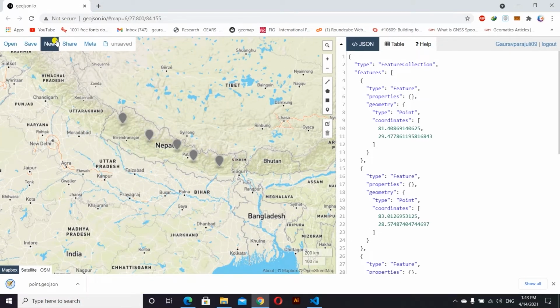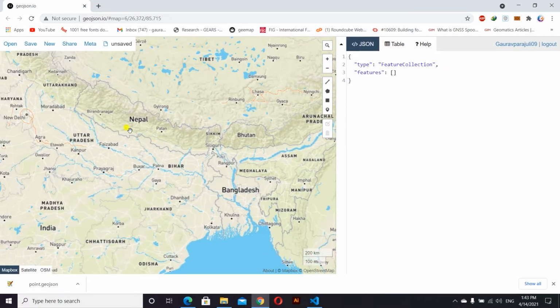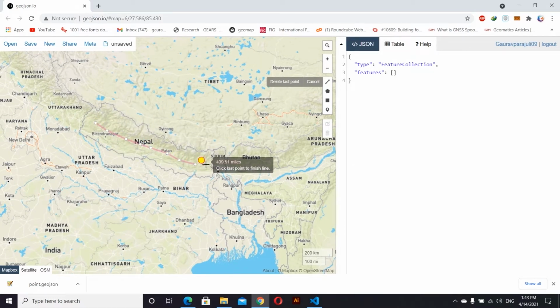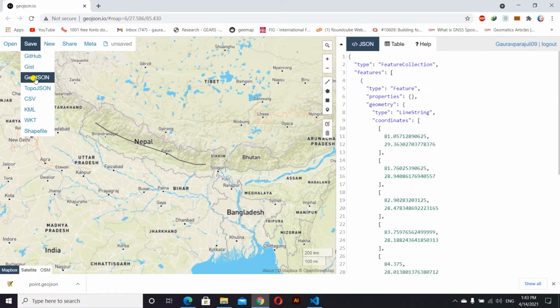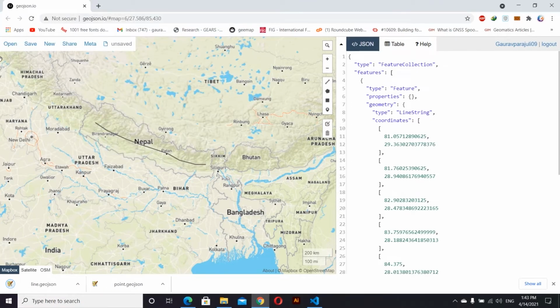Next will be new, and next we will make some line data. This is line, and save as GeoJSON line. And third will be